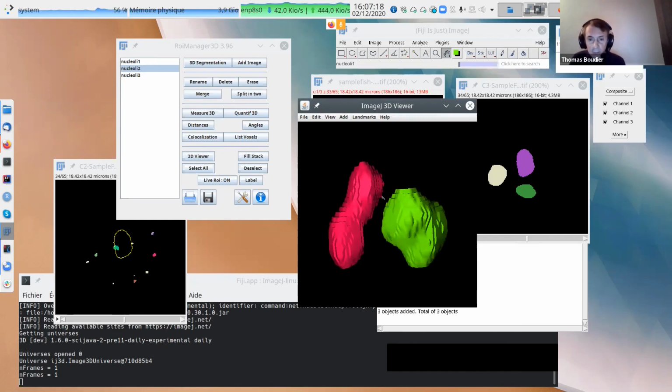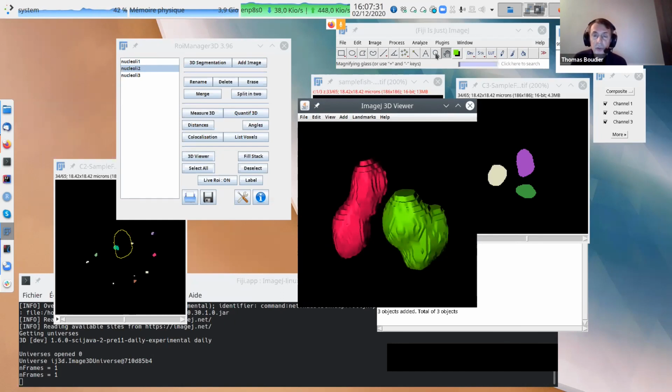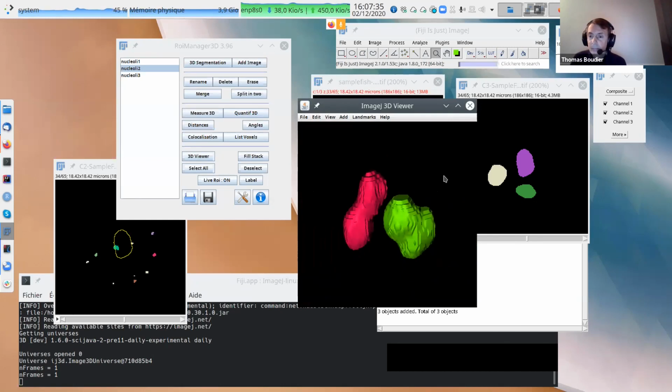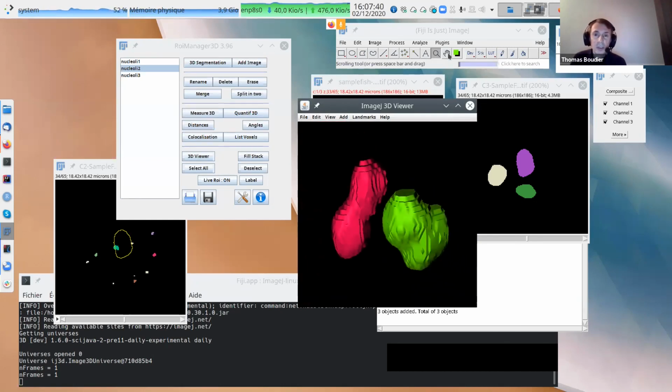It's like touching each other a bit like this here. So it's quite interesting. Just to remind you about the 3D viewer: if you use the hand, you rotate. If you use the lens, you will magnify or zoom.